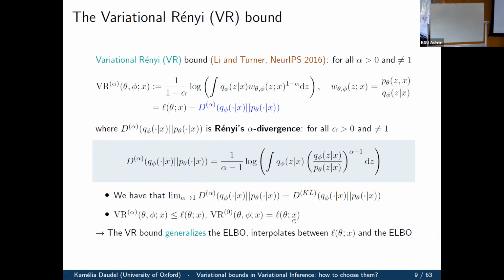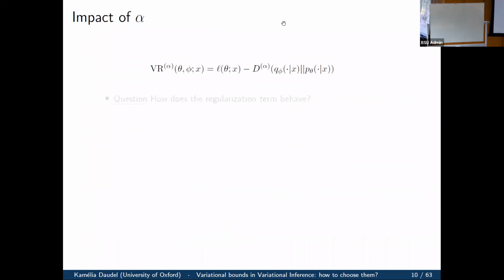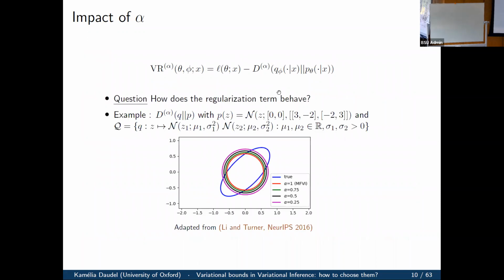Okay, so I was saying that's the high level message. And now we might be interested in seeing whether changing the regularization is important or not in practice, right? So this is the question I've written there. How does this regularization term behave? And I'm going to take a super simple example,